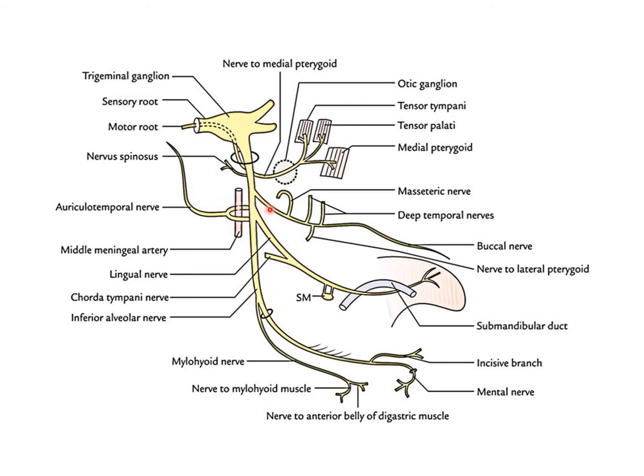The anterior division gives muscular branches. Those are the masseteric nerve, deep temporal nerves, and the nerve to lateral pterygoid. The sensory supply of the anterior division is the buccal nerve. Talking about the posterior division, the auriculotemporal nerve, the lingual nerve, and the inferior alveolar nerve are the sensory branches. In addition, the inferior alveolar nerve gives the nerve to mylohyoid. The mylohyoid nerve supplies the mylohyoid muscle as well as the anterior belly of digastric. So this was all about the mandibular nerve.